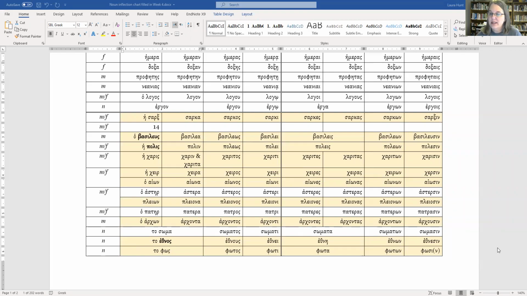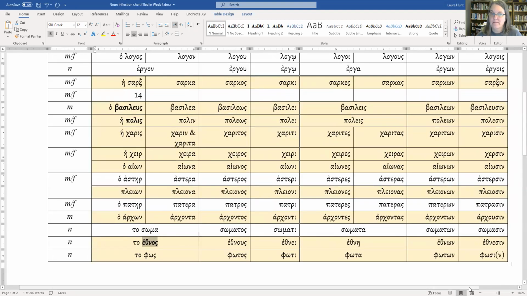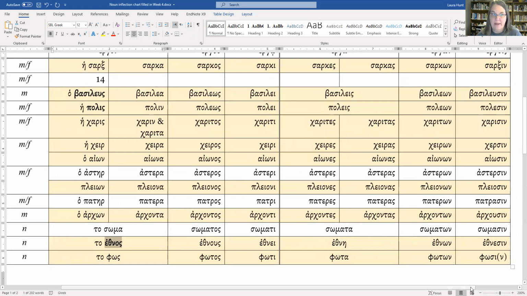All right, so let's take a look. Let me make this a little bit bigger. Let's take a look at the nouns that are presented in section 13.1 and